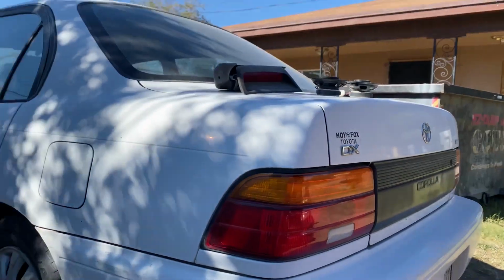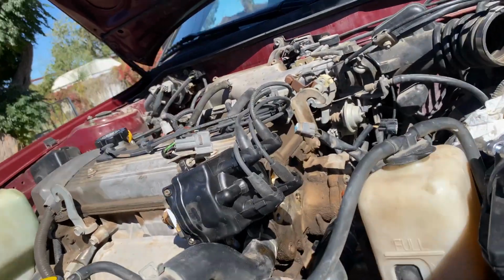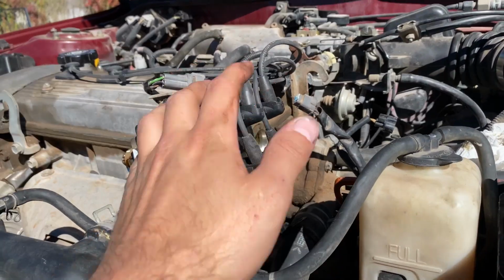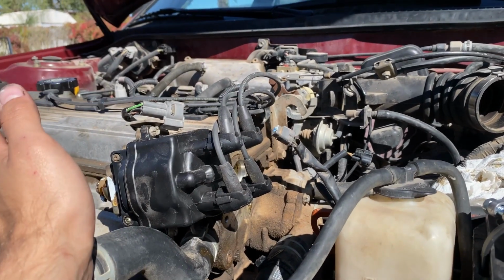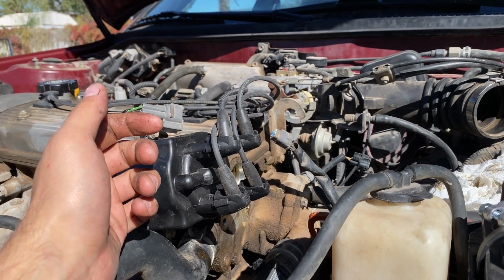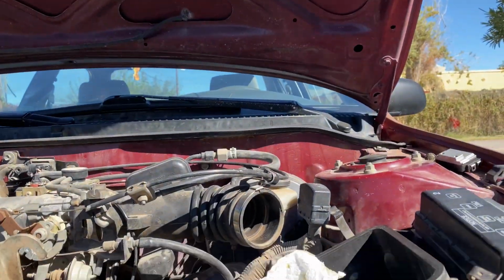So the timing in these vehicles is non-adjustable via the distributor. Unlike in the earlier, just 1 year earlier Corolla with the exact same motor, it's completely adjustable, which is probably not a good thing, to be honest. Anyway, I guess I'm just stupid. I should have done my research a little more thoroughly. I've never heard of that. I swore I had a 97 with an adjustable, but maybe that was incorrect. I don't know. So now I can go ahead and take this cap off and try to replace that igniter,